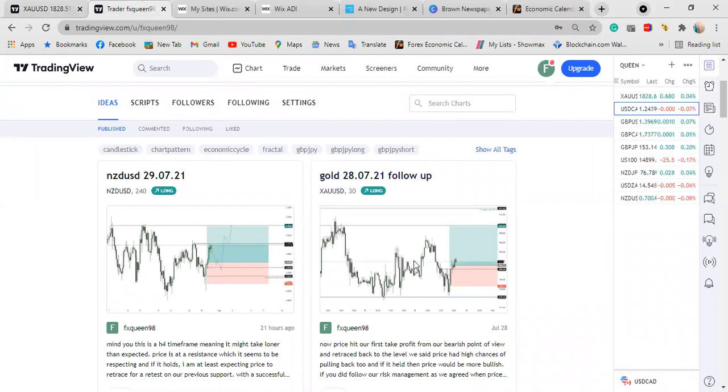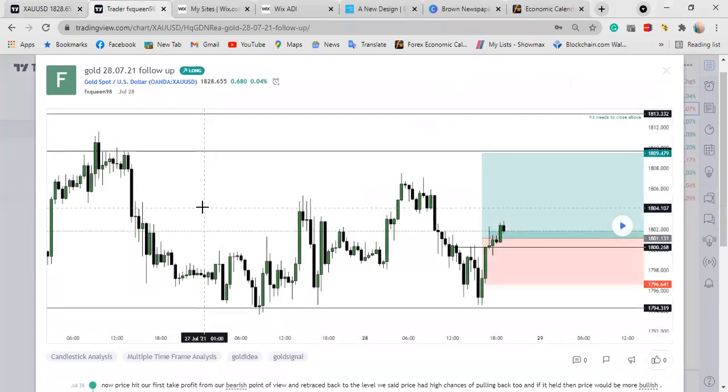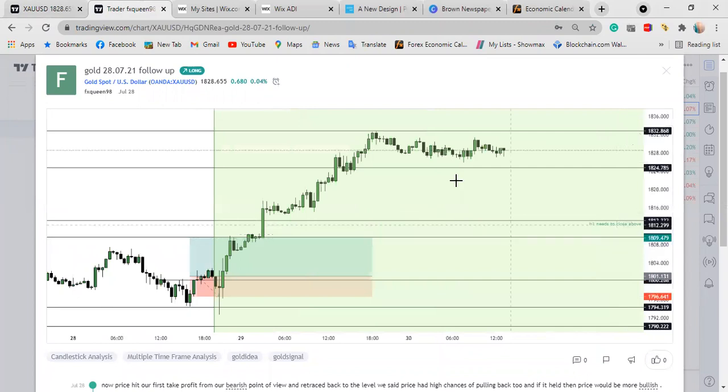So I posted this trade just before, or a little bit before, the news happened, and this is how we were expecting it to happen. So this is what happened. We could have caught the trade that we were anticipating first, and we could have had runners all the way to the top. So our stop loss was just below,